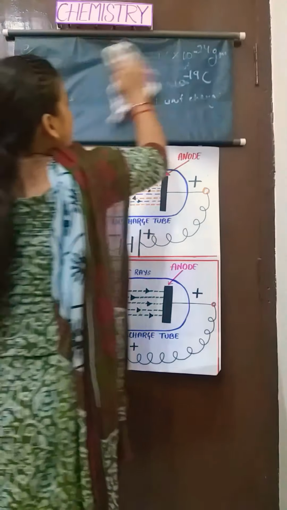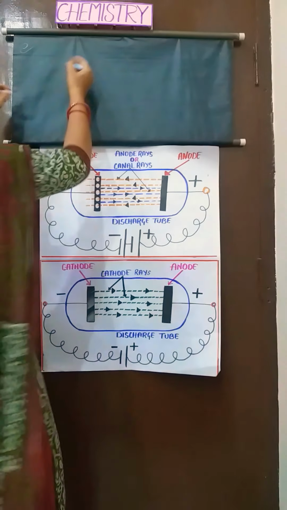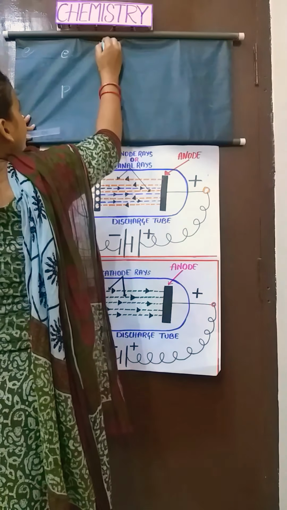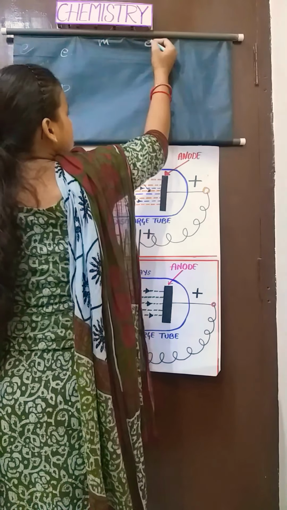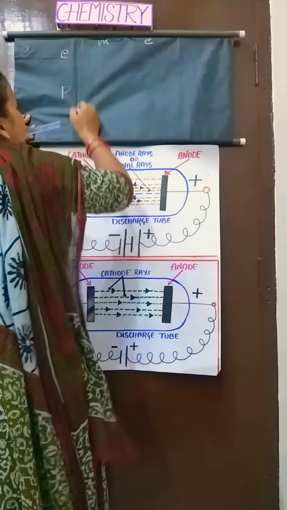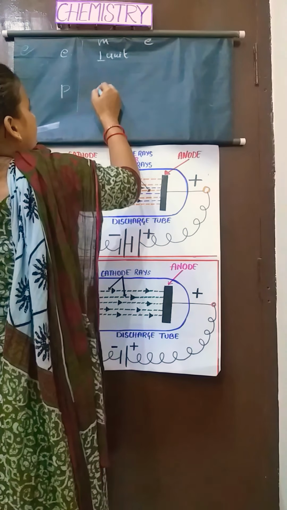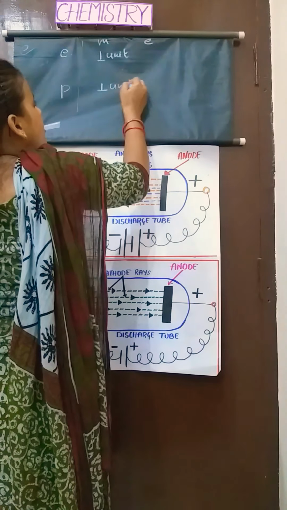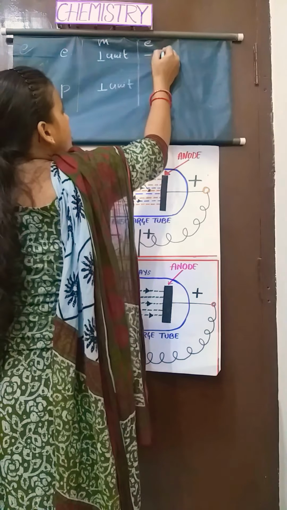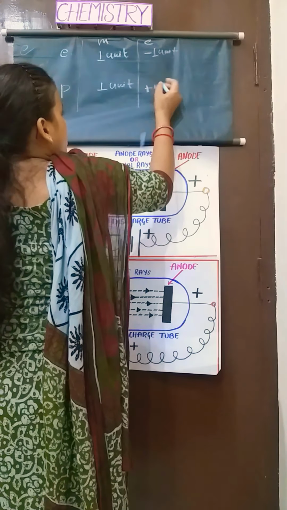So if we compare the electron and proton, then we will see, so here is electron and here is proton, and here is mass of electron and here charge of both the particles. So the mass is 1 unit, here again mass is 1 unit, and what about charge? Charge is minus 1 unit